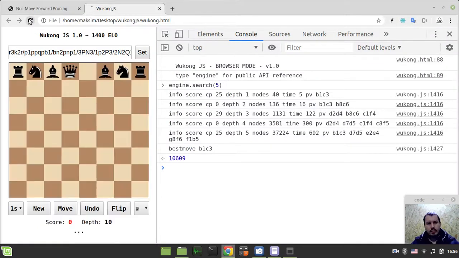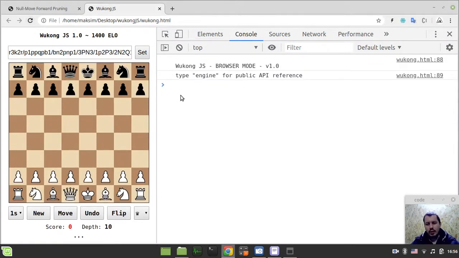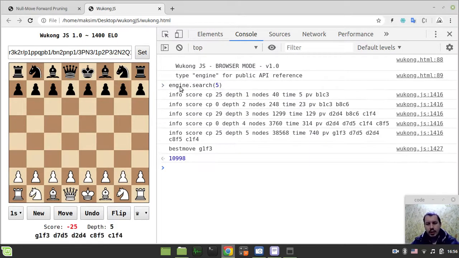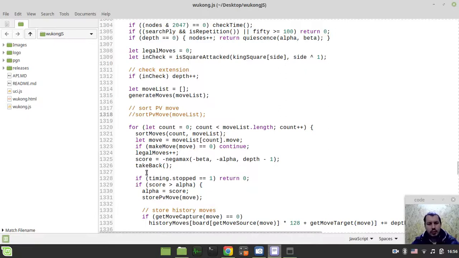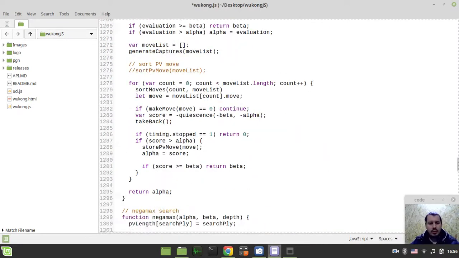Now I need to update. I just forgot what the number was. It was about 37. Anyway, let's try to run the search again. And we have 38568. And if we just re-enable this back, then we have